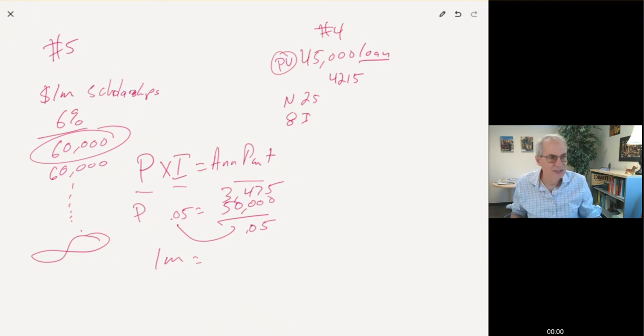Okay, so that's it for part B. The next one or two, we will just work on finishing up the rest of these questions. And that's it for chapters 5 and 6. I know I labeled it chapter 5, but really it's both 5 and 6. 5 is more lump sums, 6 is more annuities or payments. Same thing.